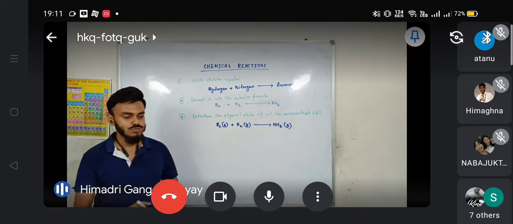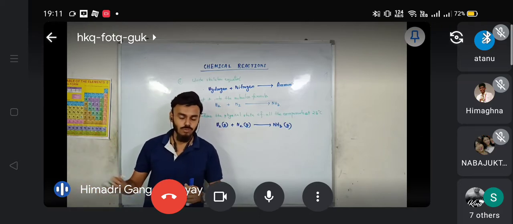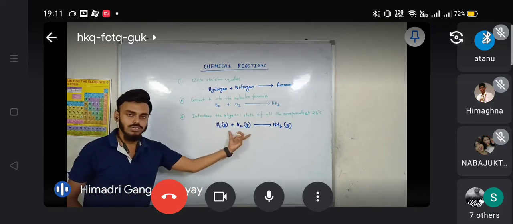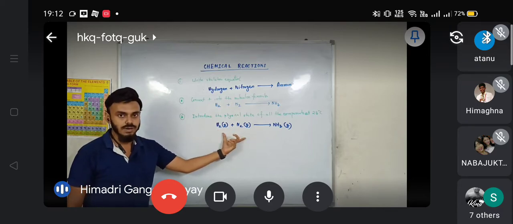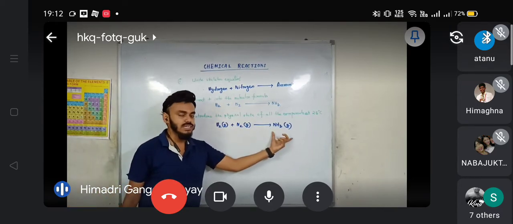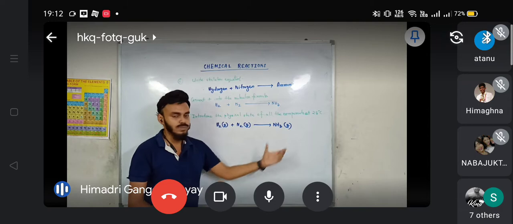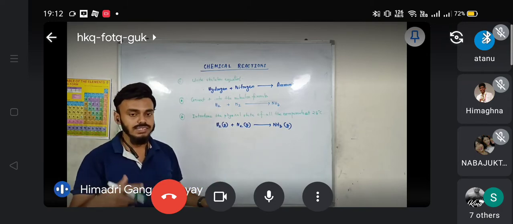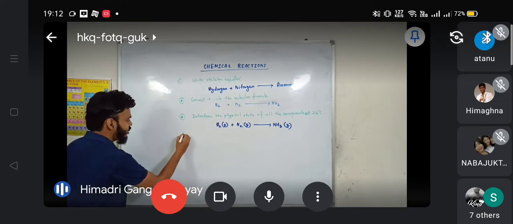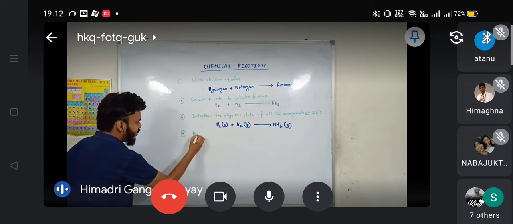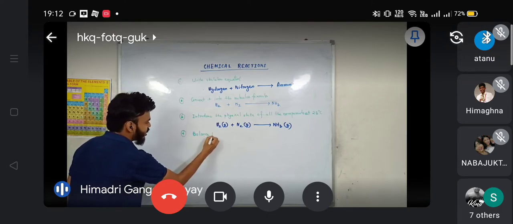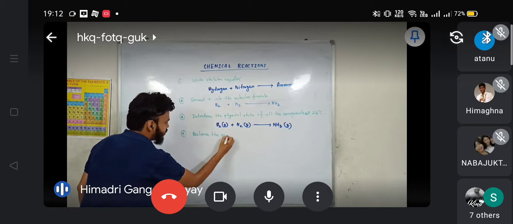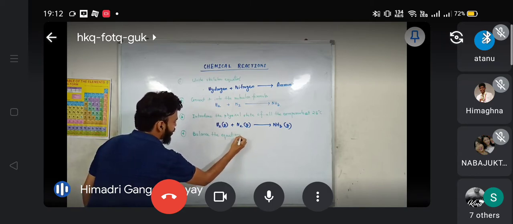Fourth step, that is the most fundamental step, balancing of chemical equations. Why? Because from the law of conservation of mass we know that the total mass before the reaction, that means the reactant mass, will be equal to the total mass after the reaction, that is the mass of the product. It should match. Mass cannot be created or destroyed. The fourth point will be to balance the equation, or write down the balanced chemical equation.